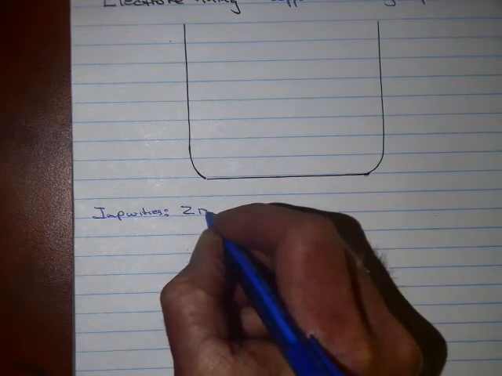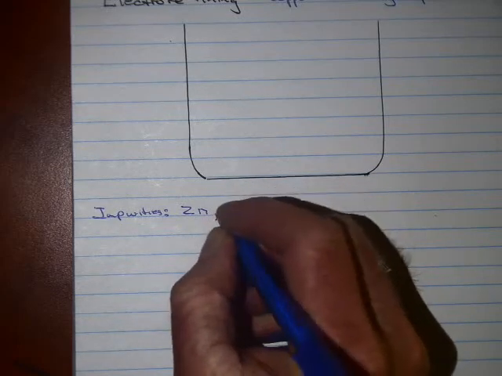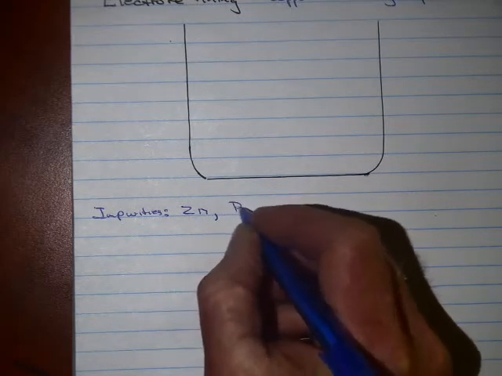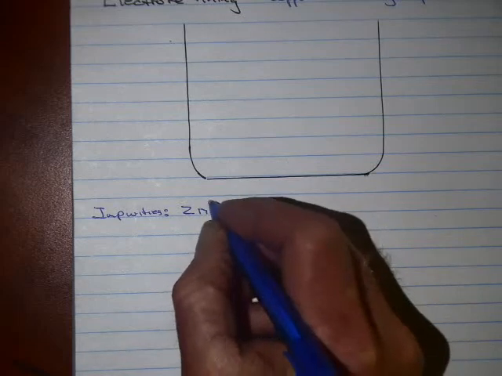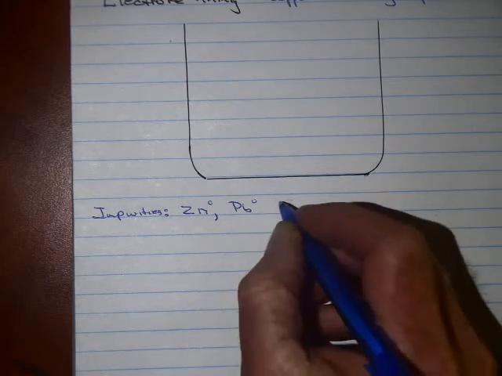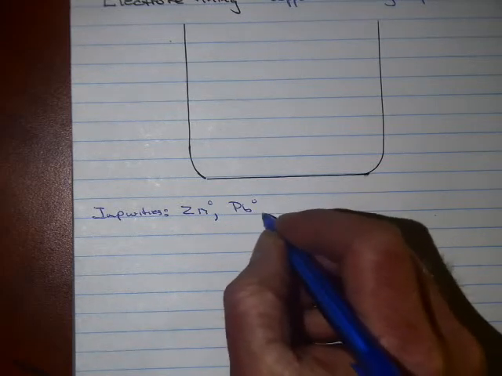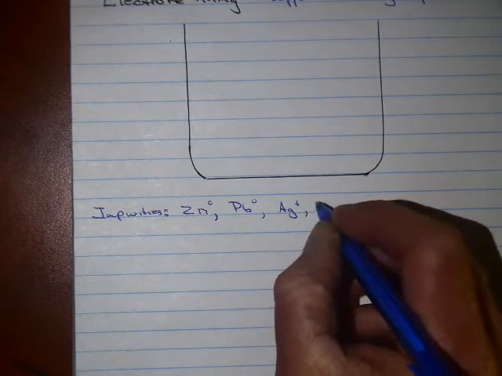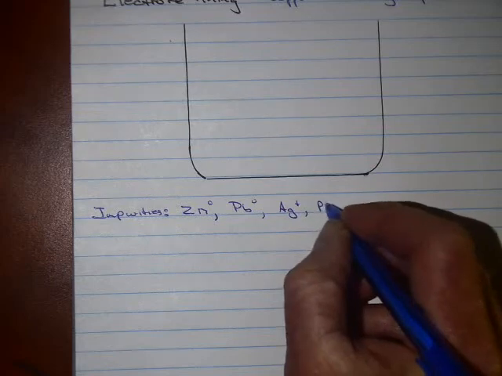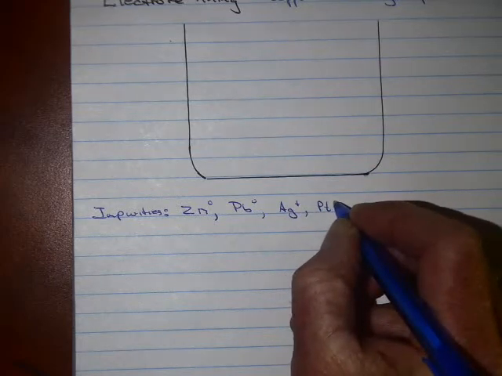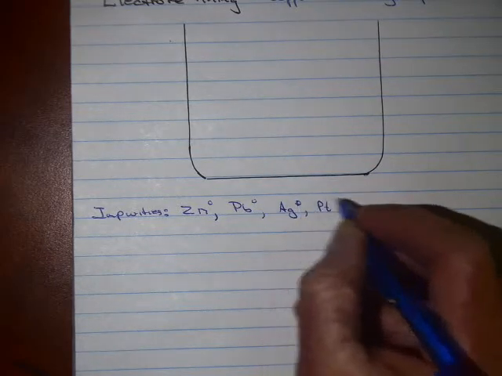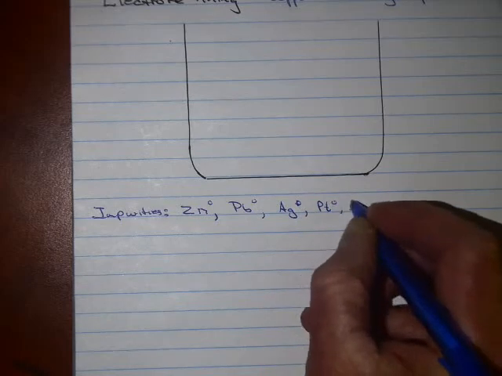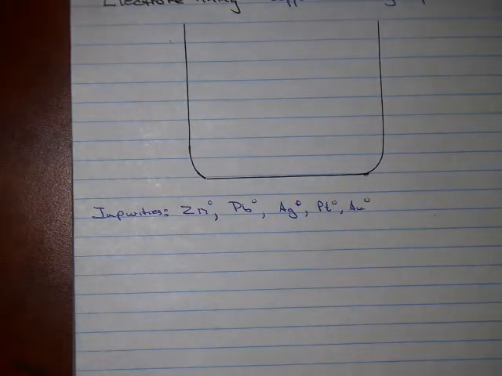Let's say there's zinc. Let's say lead. I'm going to put this elemental, okay? Let's say silver, platinum, and gold. Okay. So